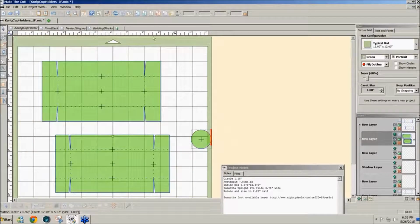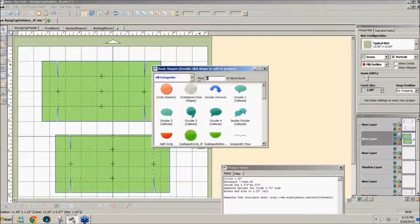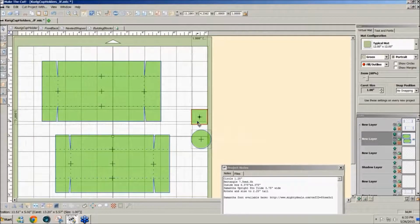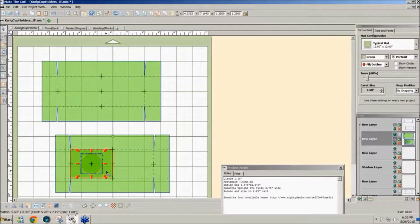If I really wanted to be precise, and I know somebody will ask this, so I'll just do it. Type in SQ. How would I center these circles perfectly in this design? I can just get a square and make it the same size as that opening right here. Then put my circle over that, click both and type S so they're centered, and then remove the square. And then I would do the same thing. I would do Control-Shift-Click to get my second one here, click both of these, type S,